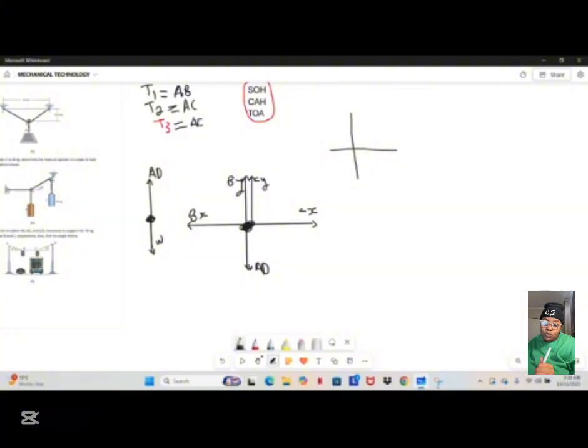Tangent is opposite over adjacent, so tan theta is equal to